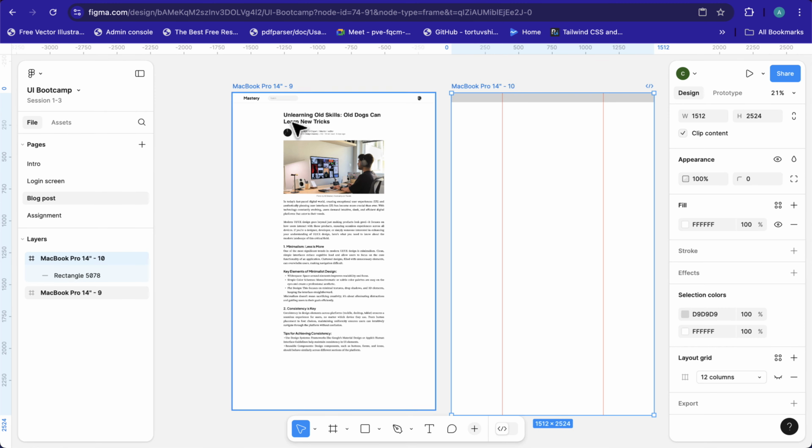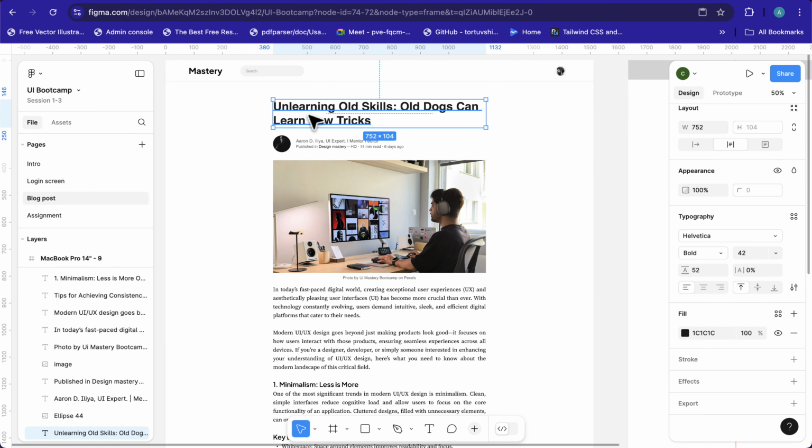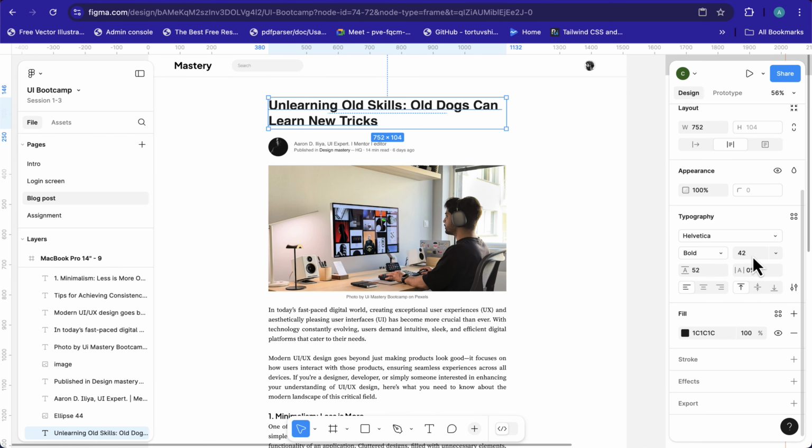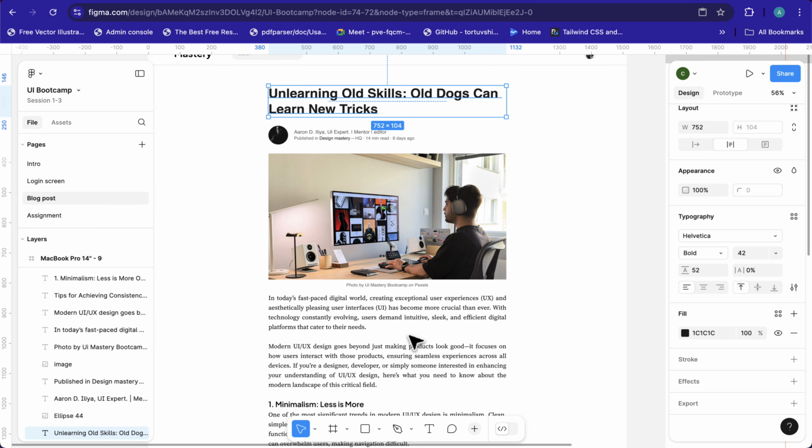Based on our instruction, the heading here is supposed to be size 42. This is the size here, 42. And the font family is Helvetica and this is bold. The line height is set to 52. Then let's look at our